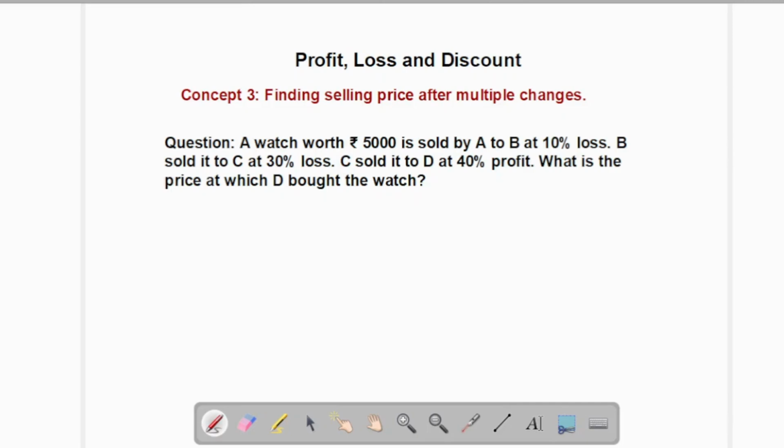What is the price at which D bought the watch? That means if I consider the transaction, A sold to B, B sold to C and C sold to D. So I want to know what is the buying price of D. So here in this case, if I consider A is minus 10 because A sold to B at 10% loss,